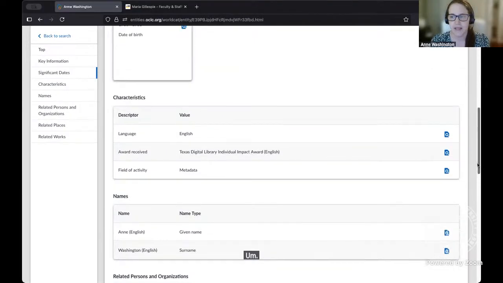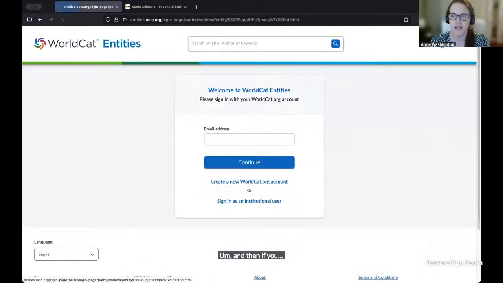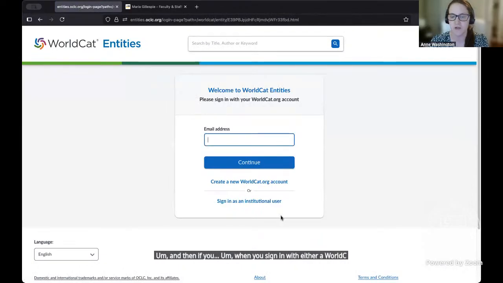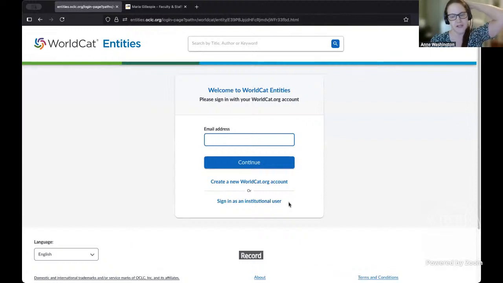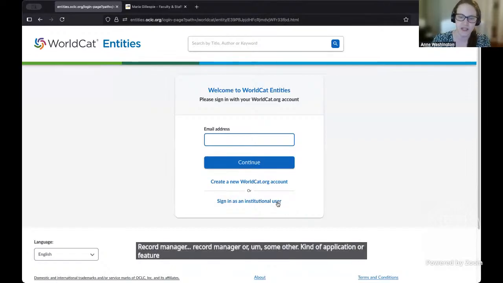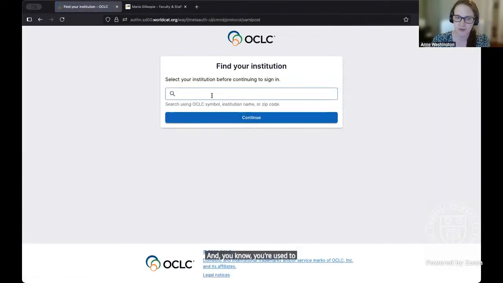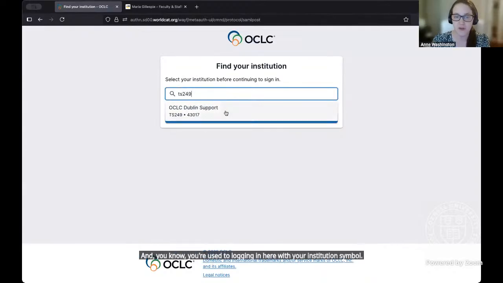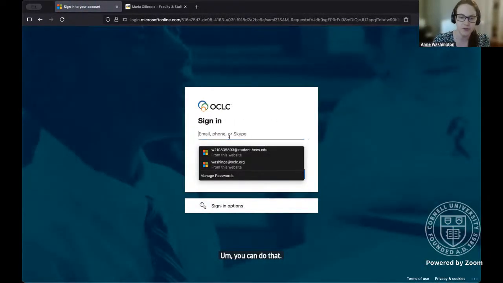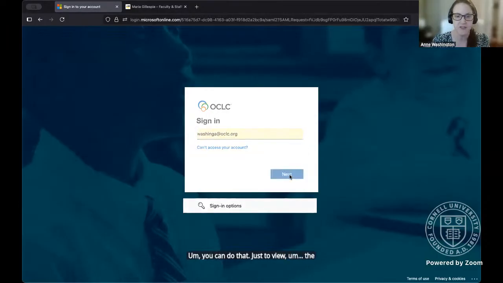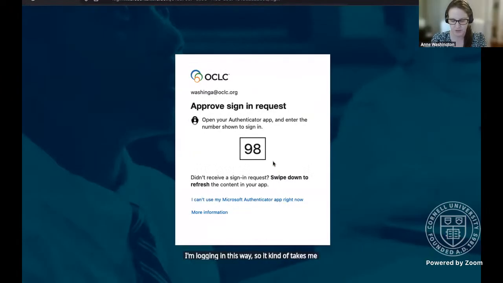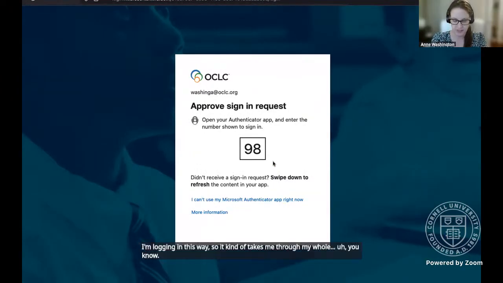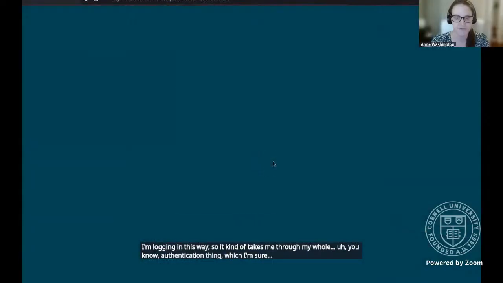And when you sign in with either a worldcat.org account or an existing WorldShare account, so if you use something like Record Manager or some other application or feature in WorldShare, and you're used to logging in here with your institution symbol, you can do that to view the references and history of the entities. I'm logging in this way, so it takes me through my whole authentication process, which I'm sure some of you have to do as well.